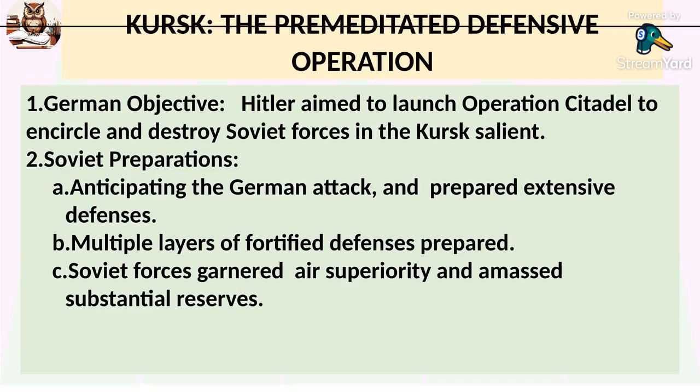The Soviets also amassed substantial reserves, including tank armies and mechanized units, while maintaining air superiority. The battle happened on July 5th, 1943. The Germans launched their offensive in the north. Model's Ninth Army was halted by the Soviet defenses, while in the south,